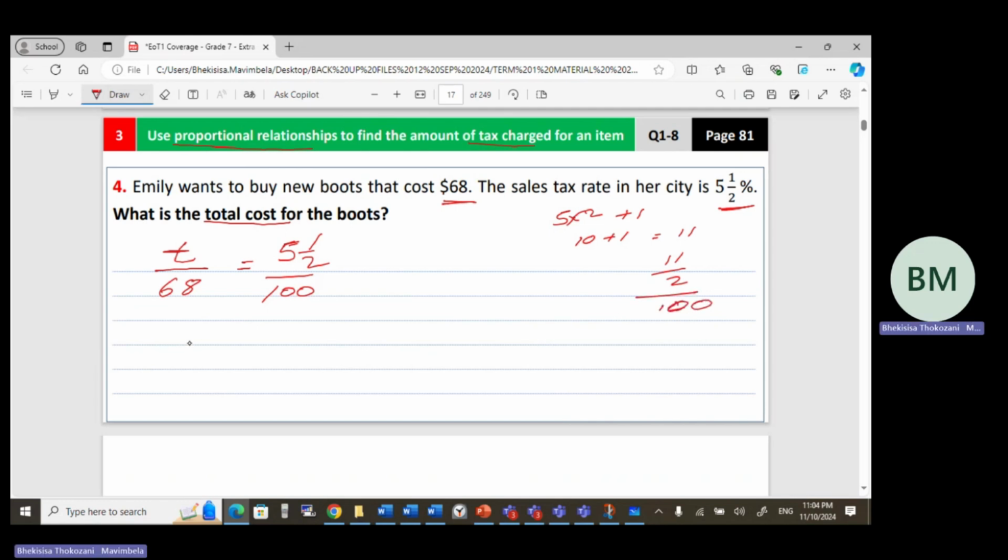I hope I'm making sense. So now we continue with T over 68 equal to 11 over 2, which is this one here, divided by